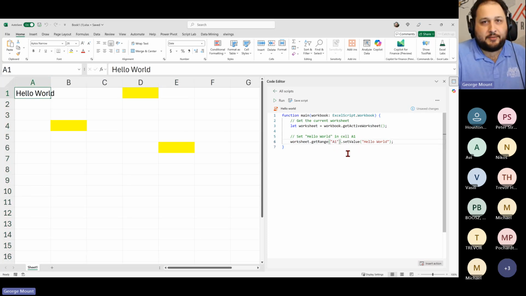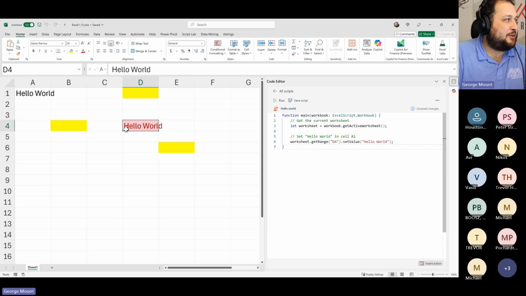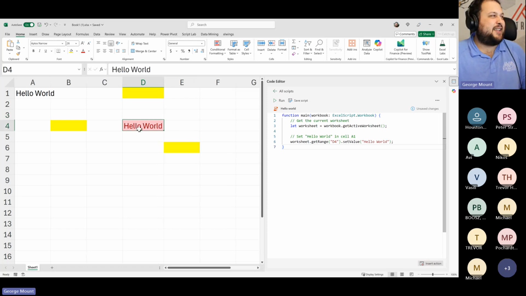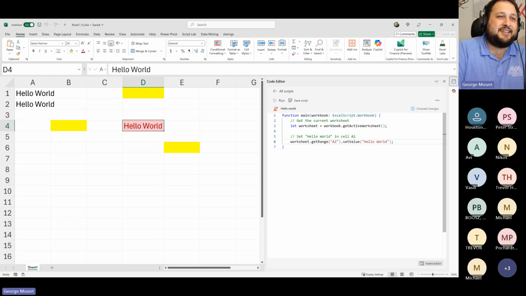And it's always going to be A1. If I wanted to make this something like D4, I could certainly go ahead and do that. Now, if you remember, we added conditional formatting earlier on with that other script, and it looks like that conditional formatting is still there. So that's why we have a value conditionally formatted there. I was not expecting that, but there are always downstream implications of earlier steps you do in Excel.